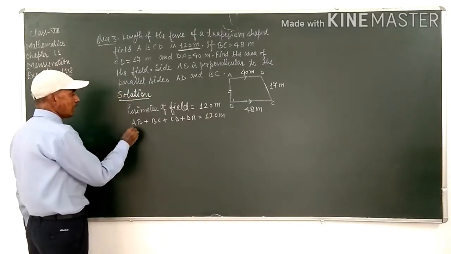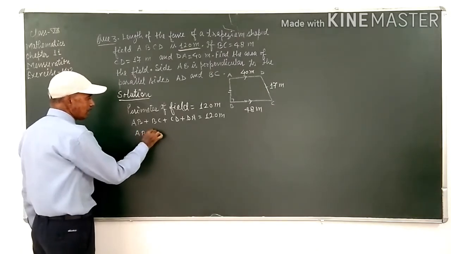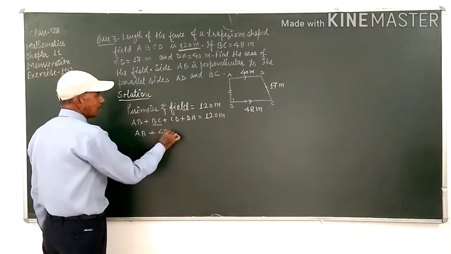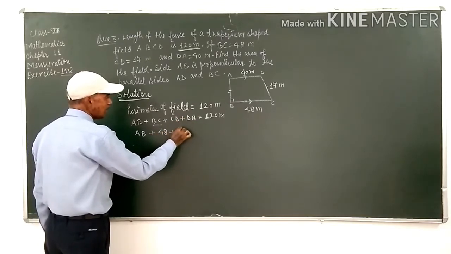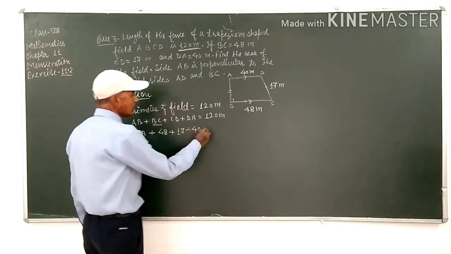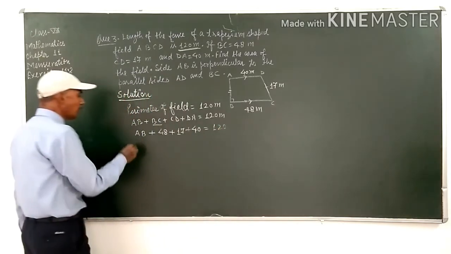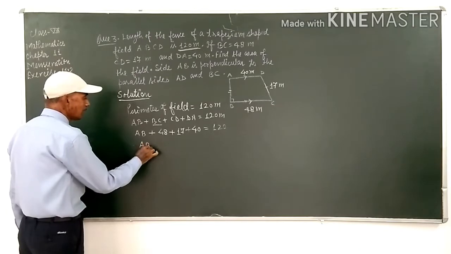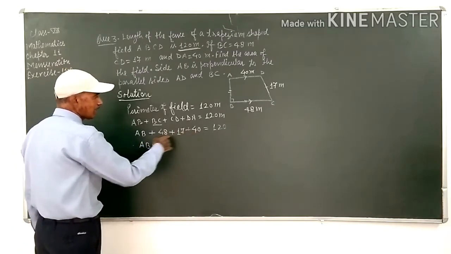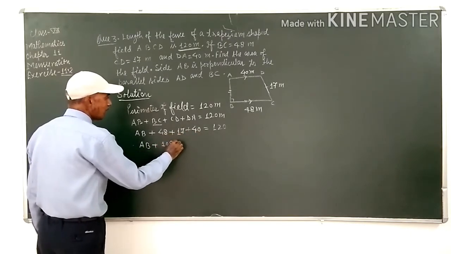Now the length of AB is not given, plus BC is 48 meter, plus CD 17 meter, plus DA 40 meter is equal to 120. Now AB plus 48 plus 17 plus 40, that is 88 plus 17, 105, is equal to